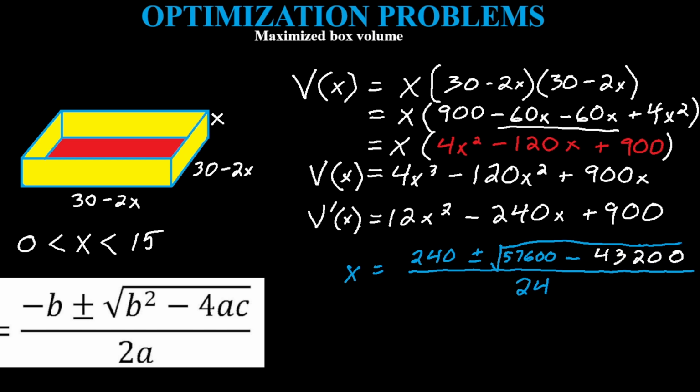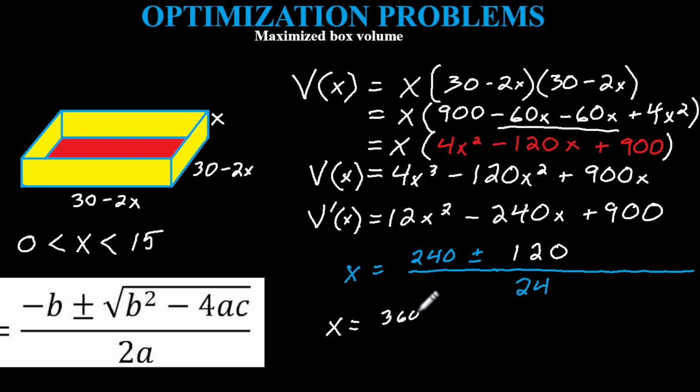And then 57,600 minus 43,200. And the square root of 14,400, which is 120. And then we have to do a plus and minus. We're going to have two different answers. So answer 1 would be x equals